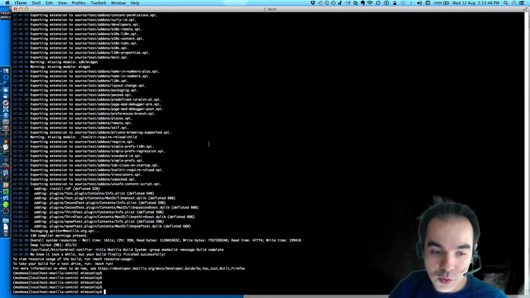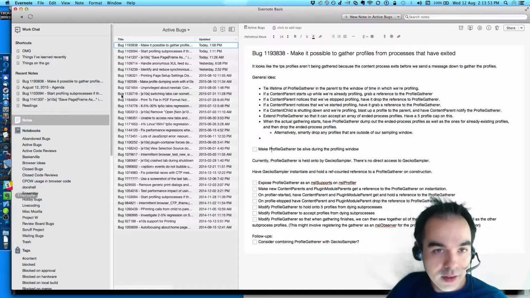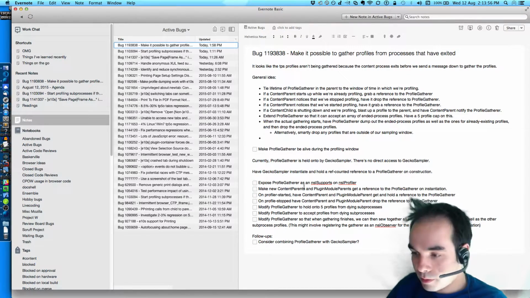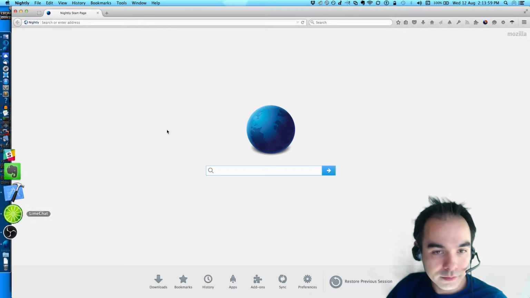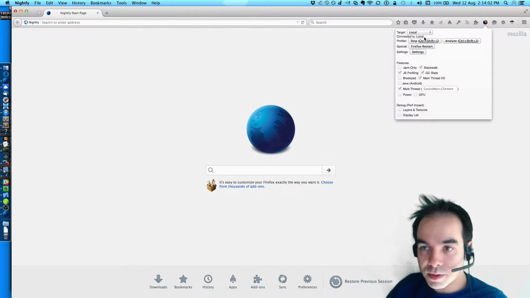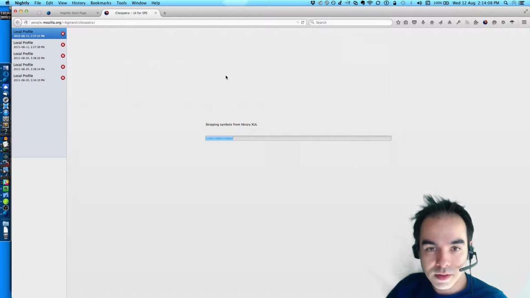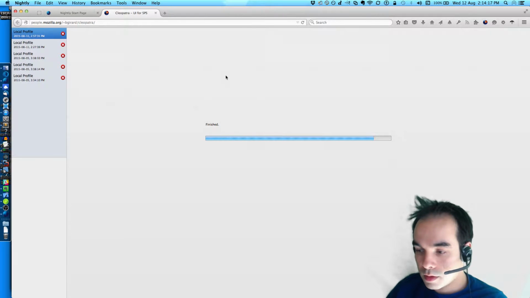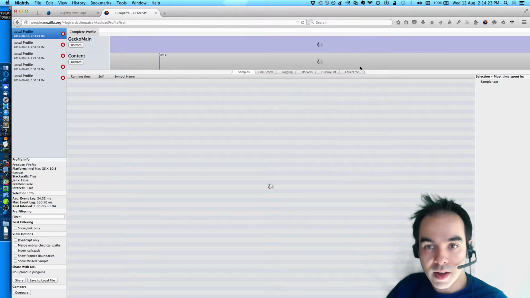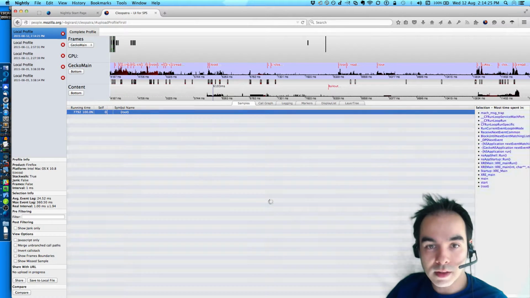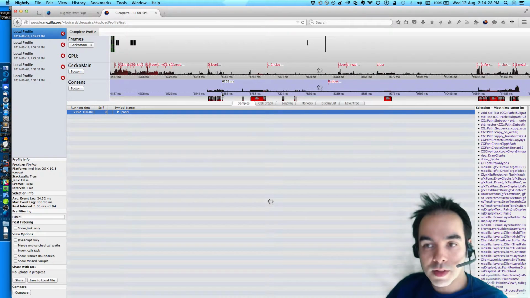Okay, so I'm going to abandon that code review and get back to this other bug of the profile gatherer. Now what should be possible is I should still be able to gather profiles from these subprocesses. Yes, I have the profile from the subprocess, and now I want to make sure that the lifetime is right.